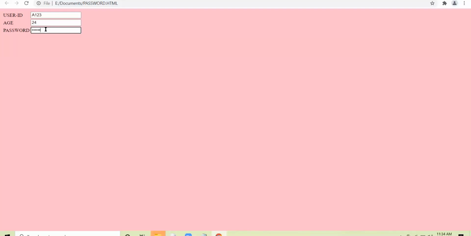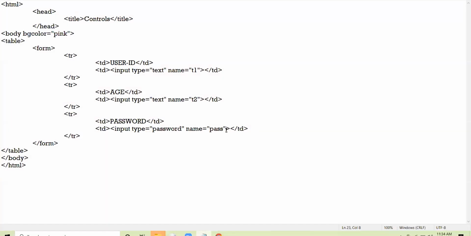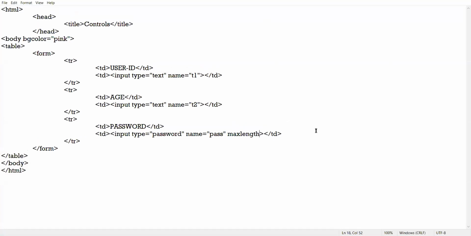Now here, two attributes are very important to discuss. First attribute which I am giving in the password control, max length. What should be the maximum length of your password?